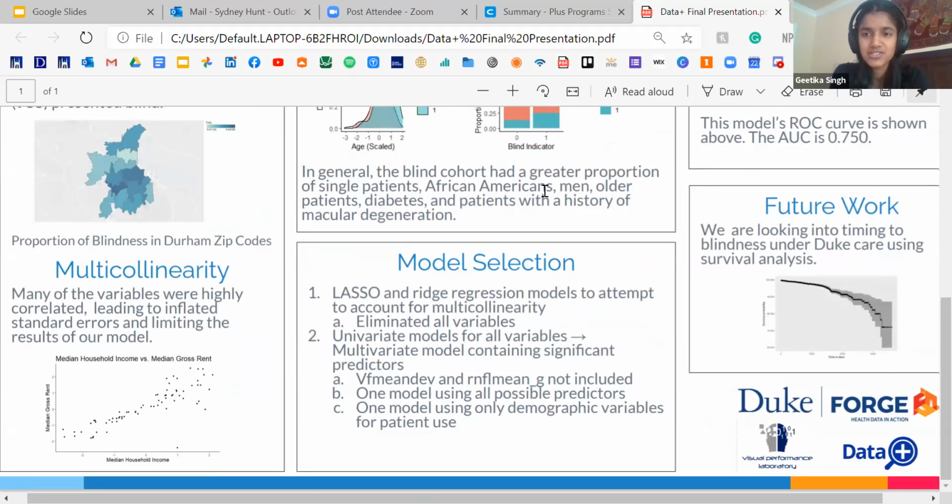Next is model selection. So for our model selection,